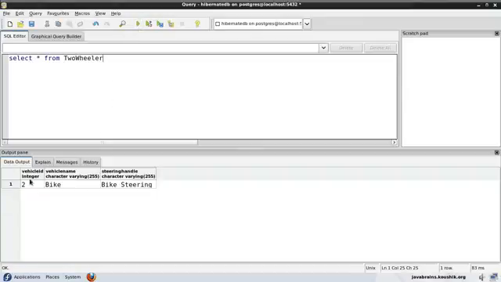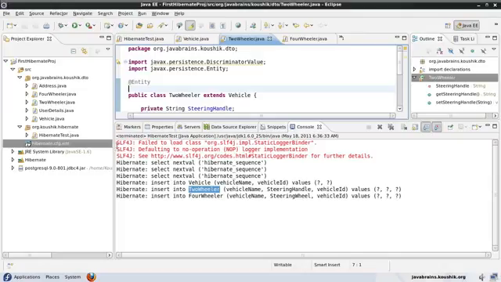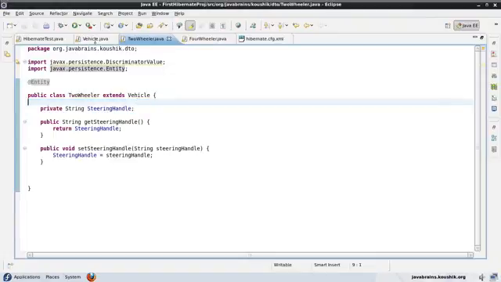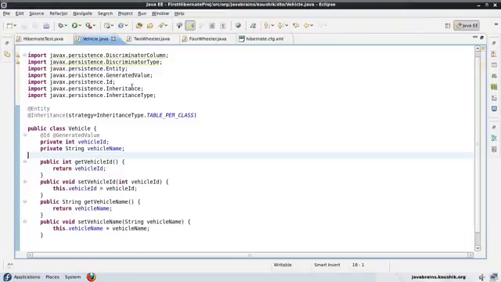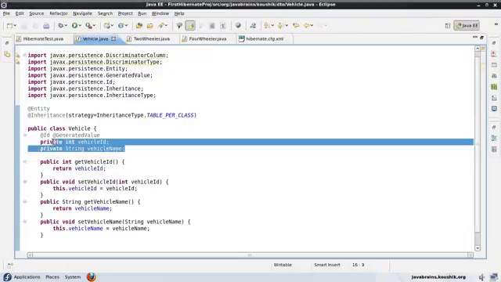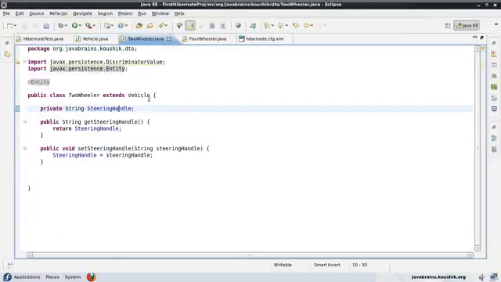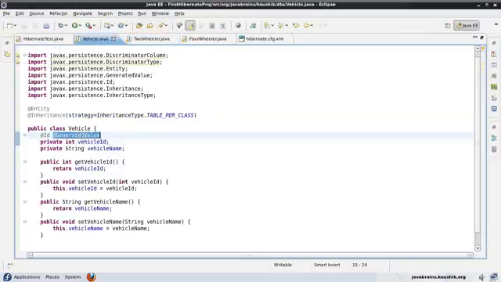Okay, so here we have the vehicle ID, the vehicle name, and the steering handle. Note that the two-wheeler class has only the steering handle declared in the class. The ID and the name are things that it gets due to its inheritance. Now see, here we have the ID and the name, and here we have a generated value for the ID. So not only does the two-wheeler class inherit the ID and the name properties, it also inherits this generated value